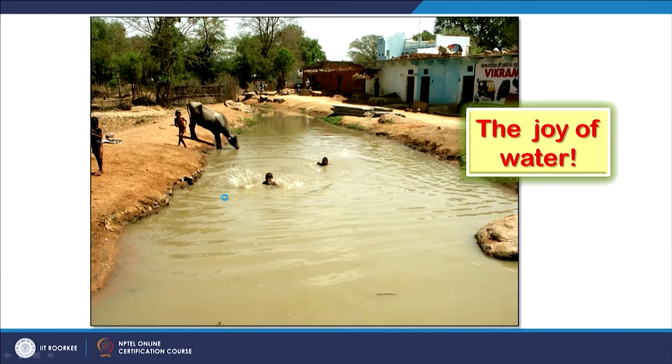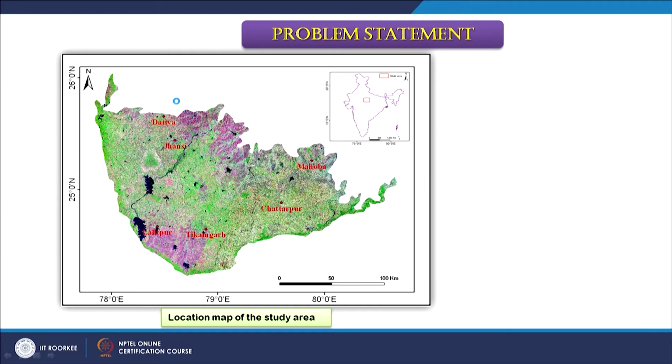This is just to let you know, a field photograph where a few years back, before the construction of Rajghat Dam, there was no water, no vegetation, and such joy of water was not there. And once that reservoir came, a small canal passing through a village, and you can see the joy. Not only humans are enjoying the benefits of water, but the animals too. So water is so important in this part of, or in many parts of, the country. More than 54% of the country is suffering from a deficit of groundwater.